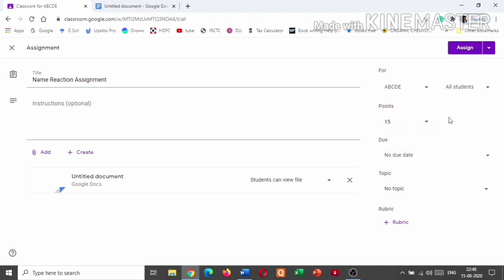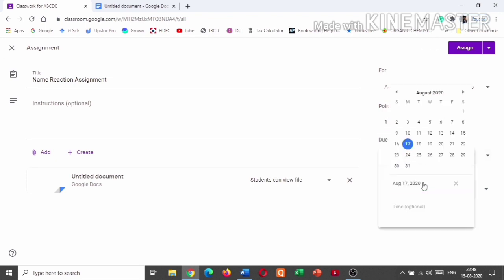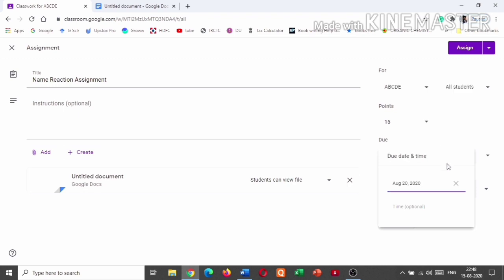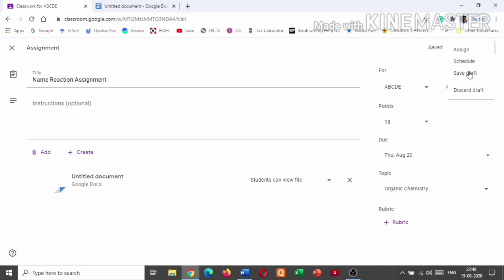I'm assigning points, and then you can select any particular date, timings and topic, and then you can assign it to your students or you can schedule it.